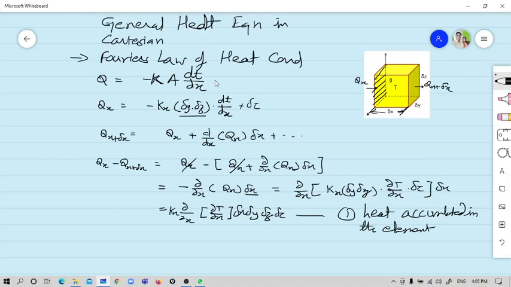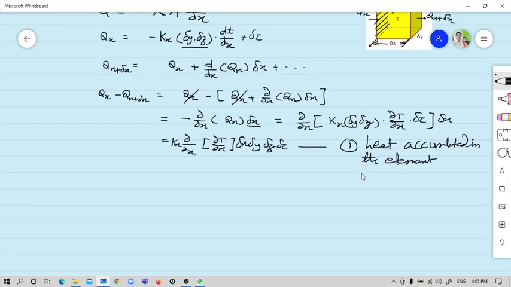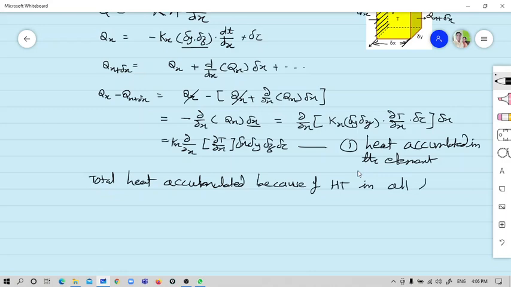So considering all these heat transfers, you will get one equation for the total heat accumulated because of heat transfer in all the directions. Okay, that will be equal to, now this term, kx into ∂/∂x of ∂t/∂x